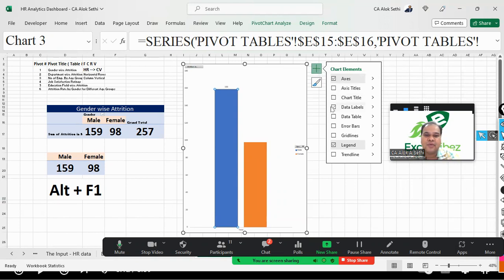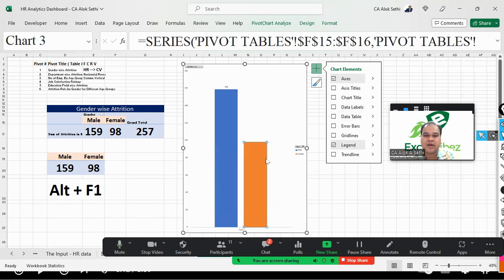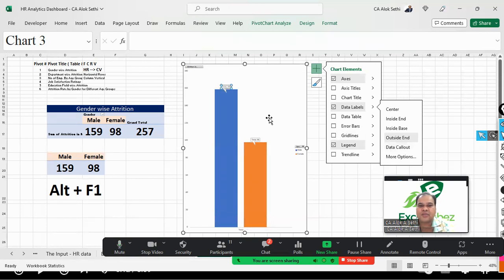So click on data label, ठीक है। आपको इस पे डेटा लेबल दिख जाएंगे, लेकिन इतना छोटा दिखाई दे रहा है कि कुछ पता नहीं चल रहा कि क्या लिखा हुआ है, ठीक है। तो what you can do is you can go to data label और यहाँ से आप दूसरे ऑप्शन सेलेक्ट कर सकते हैं। I like this data callout, ठीक है। तो डेटा कॉल आउट में क्या होता है, आपको बाहर दिखाई देता है, ठीक है।